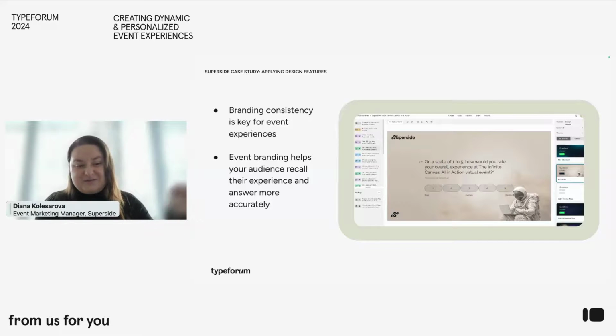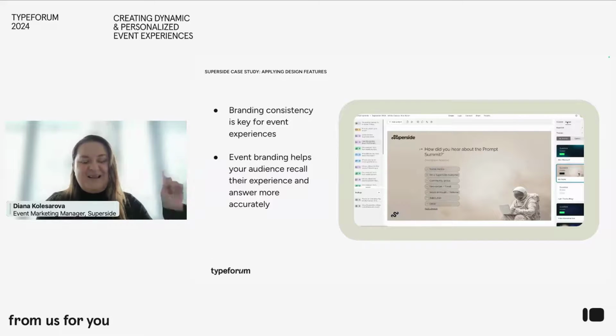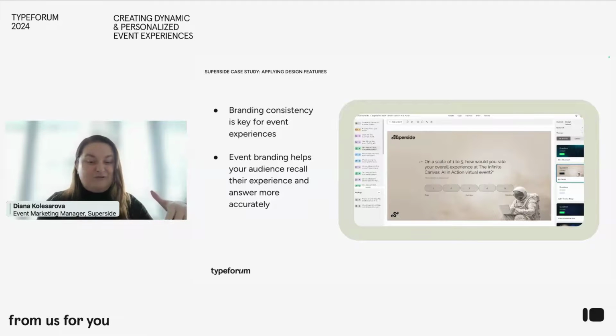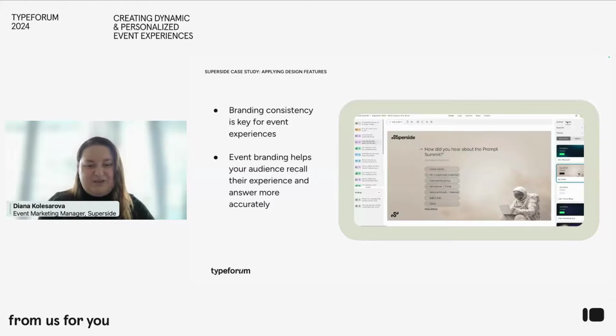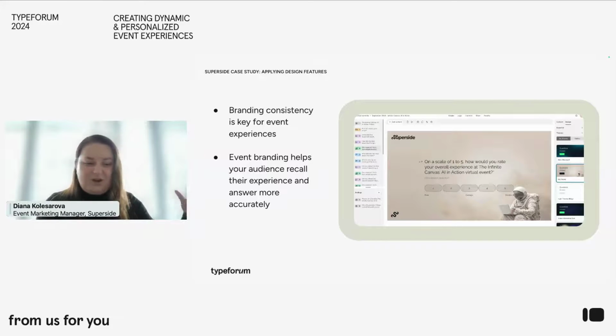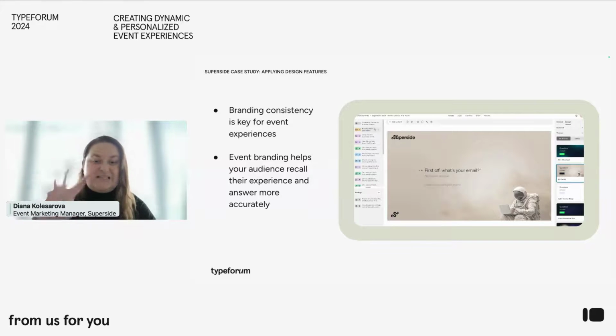This plays into the event experience, and research has shown attendees recall their experience a little bit better when they see branding. So it helps us get accurate information and answers, because we're leaning into the branding of things.